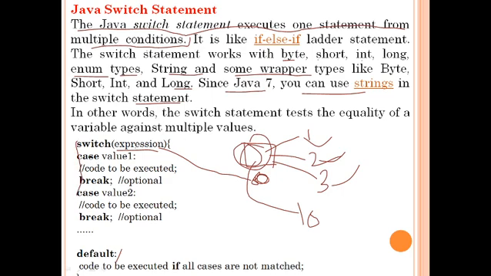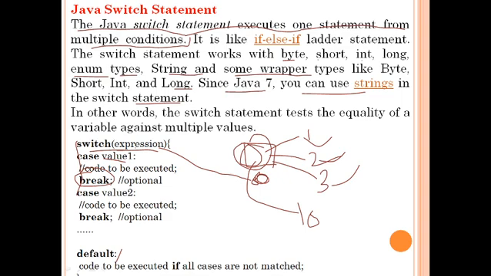This is the syntax of the switch statement. First it will be switch and then case. As many cases as you want you can give, and for each case there will be a break. If break is not there, then this condition is called a fall through statement. It means in a switch case break is required; if you don't give the break, the program will execute successfully, but that condition will be called fall through. That is, a switch case without break.